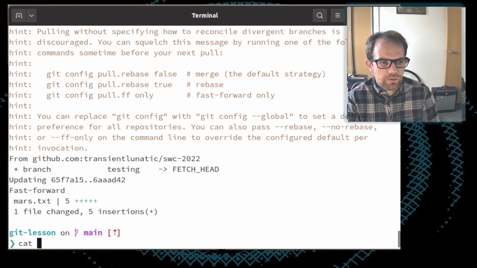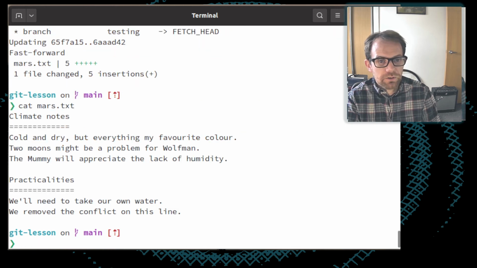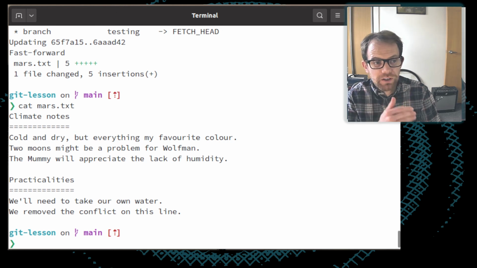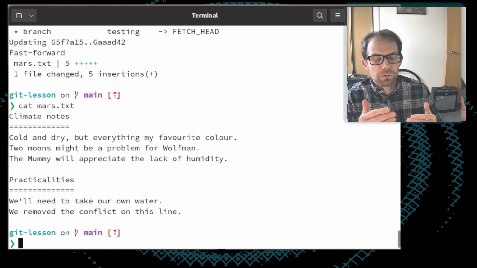So if I do a quick cat of mars.txt, you'll see that those changes which were made into that testing branch have now been pulled back into our main branch. And that was, in this case, only one commit, but it could have been dozens of commits. And what we'll have pulled in at the end is the final product from that branch.